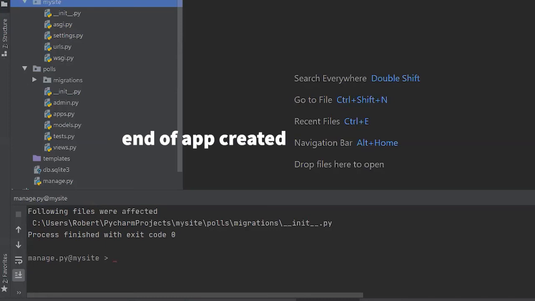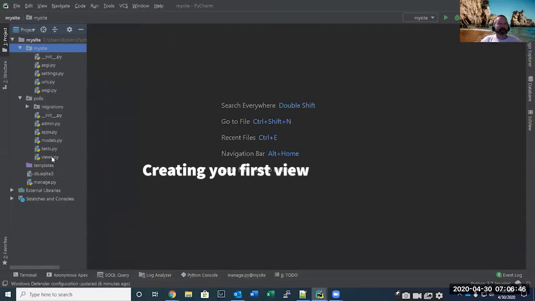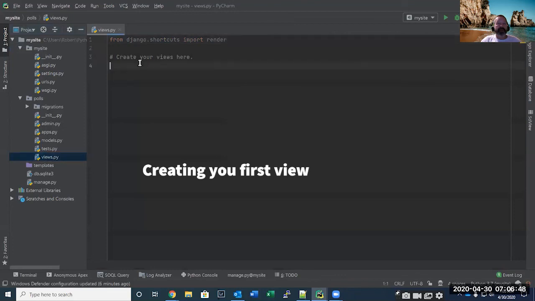Now we're going to start by looking at writing the first view for our app. So we can actually close down on this. I'm going to scooch this in a little bit, make that a little bit closer. Now that we have created our app, we're going to work on creating our first view. And to do that, if we come back to our